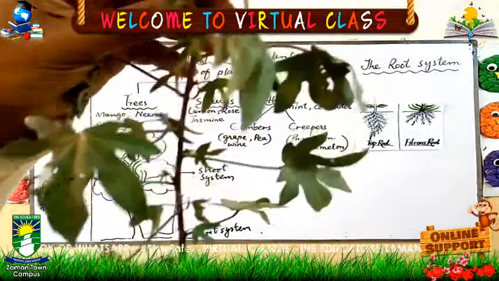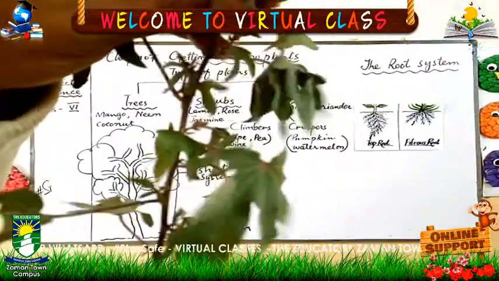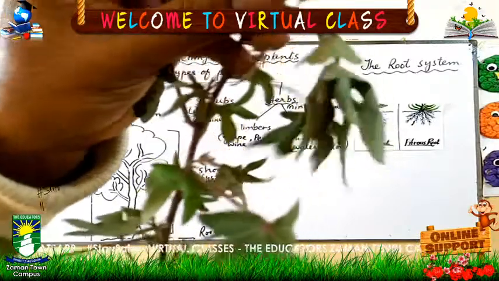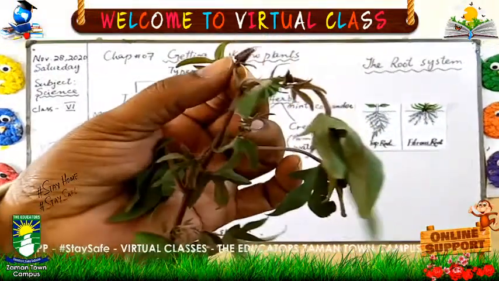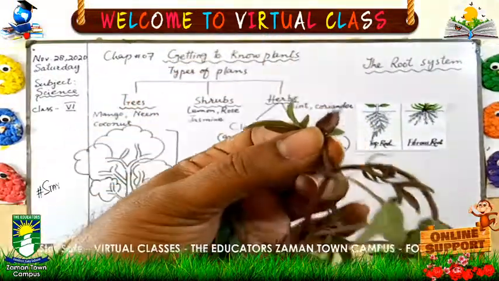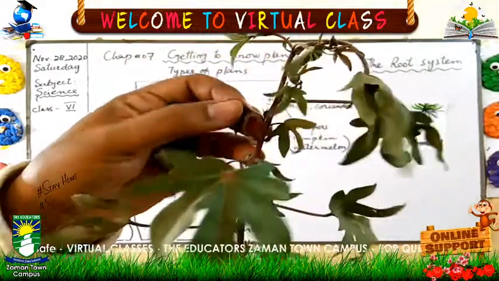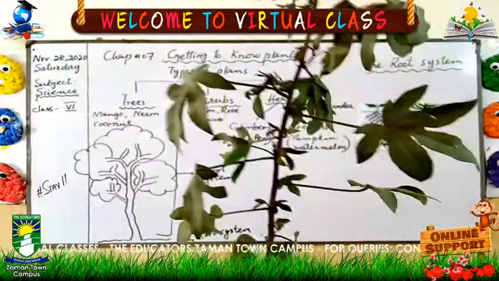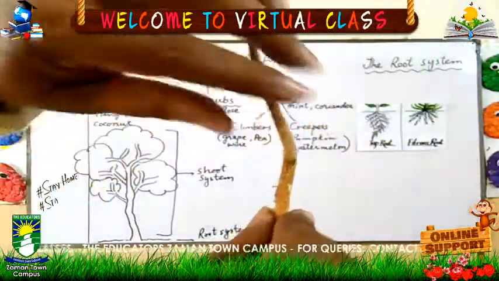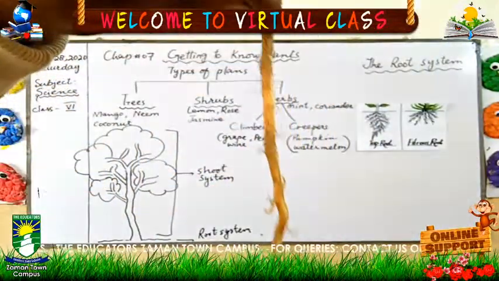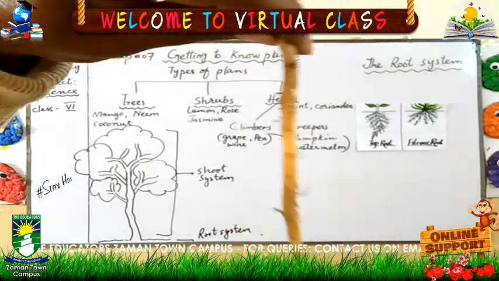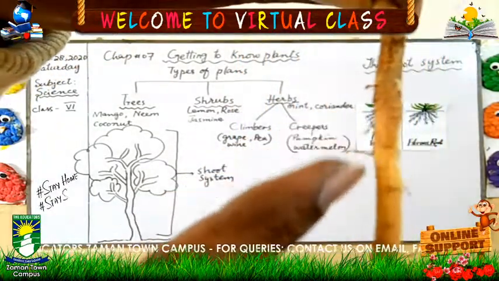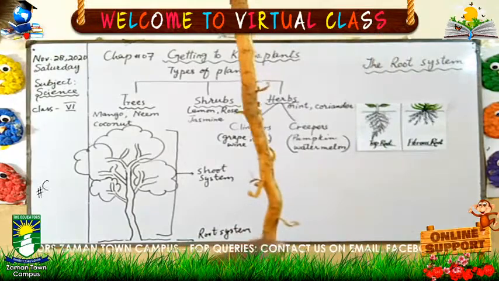See here, this is a bud from which a flower will appear, and a lot of leaves are present. So this is the main or taproot, and see here are some branched roots present on the